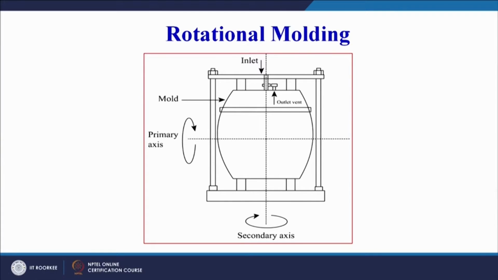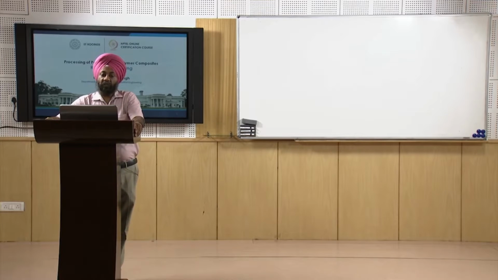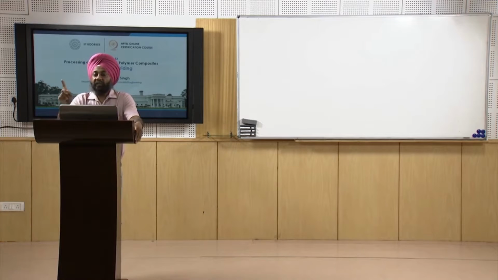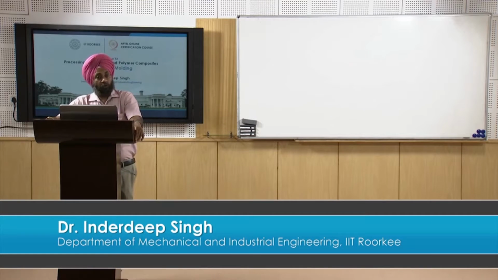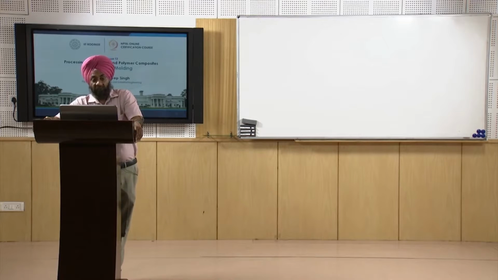Now what are the things that we can control here? Just by looking at the diagram, if we apply common sense, we can see what we need to take care of when we are doing rotational molding. If you give it a thought, you will very easily come to know. One operating parameter is already mentioned: it has to rotate along one axis and then about the other axis. That is, we have to see the number of rotations both along the primary axis as well as along the secondary axis. We have to see the speed at which those rotations will take place. So that is another parameter that we need to control.